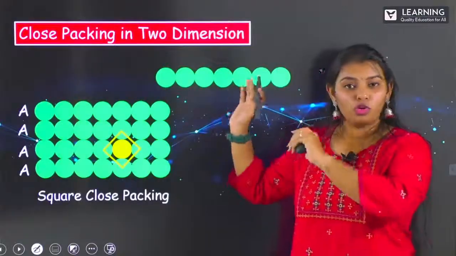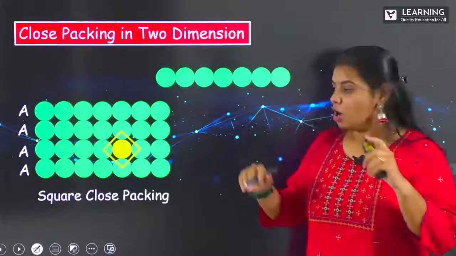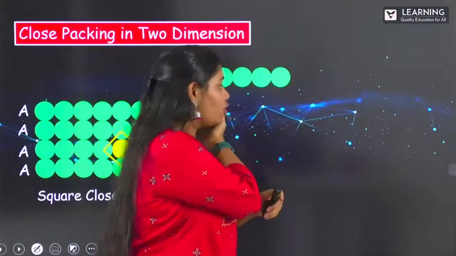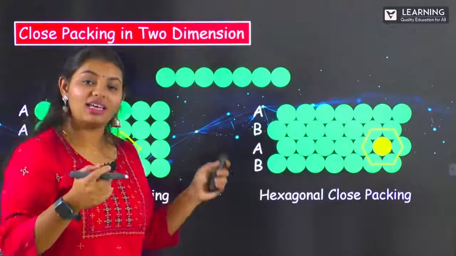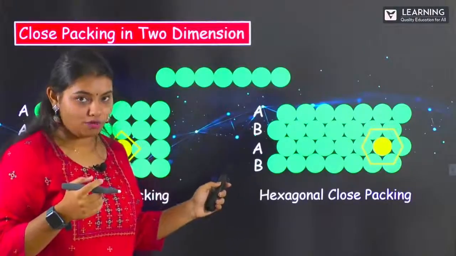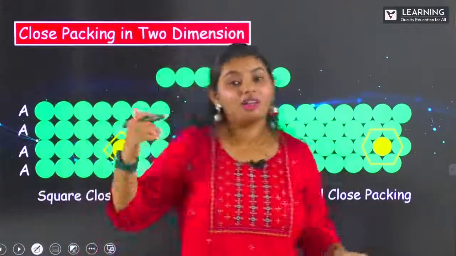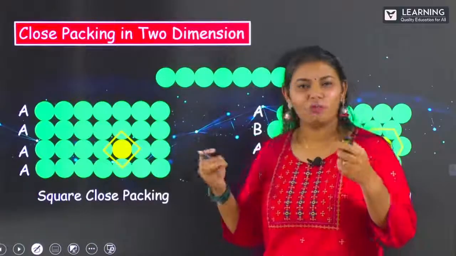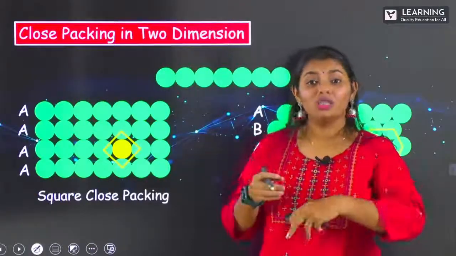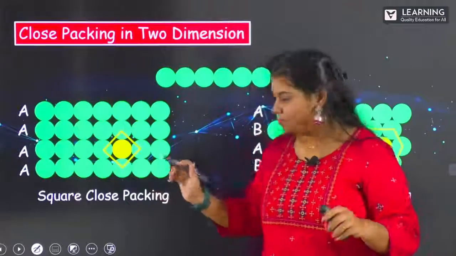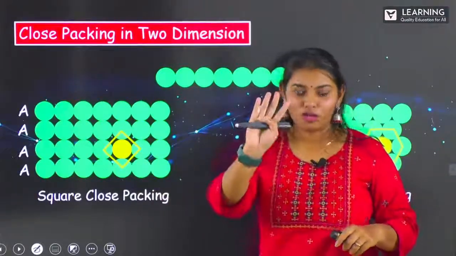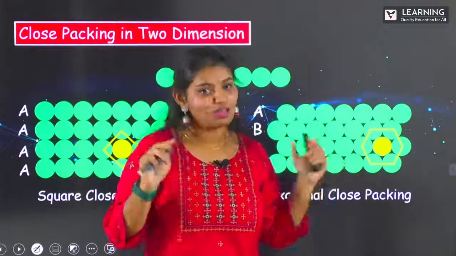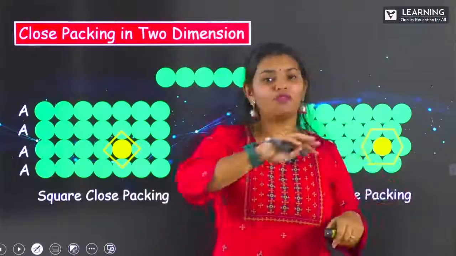Okay, so till now, what did we study? We studied how in 2-dimensional close packing, there are 2 possibilities. One was your square close packing, where A type of arrangement was formed, and the next one would be your hexagonal close packing. In hexagonal close packing, AB kind of arrangement was formed. Here the coordination number is 6. Here the coordination number is 4. You can easily remember this, right? You just have to understand the concept. You don't have to learn by heart how much is there for each, for hexagonal, for square, nothing. Here a square is formed, a square has 4 sides, so 4. Here a hexagon is formed, a hexagon has 6 sides, so it is 6. So simple. Now we finished 1-dimension, we finished 2-dimension.